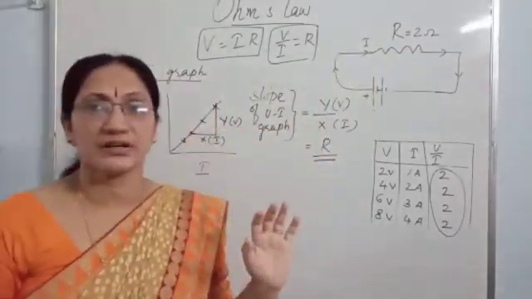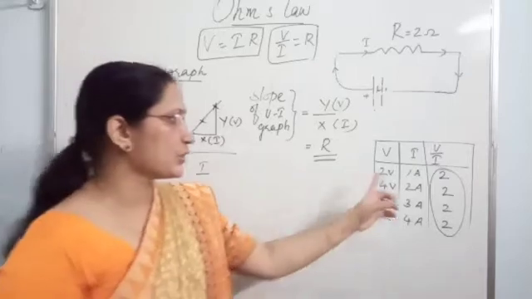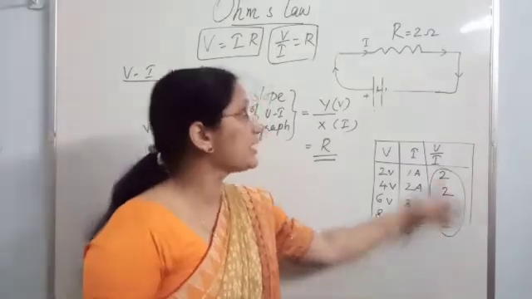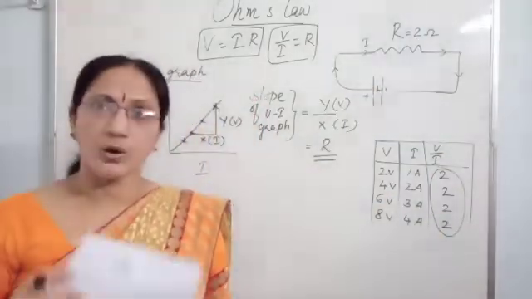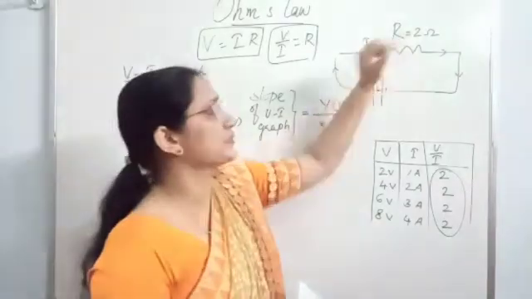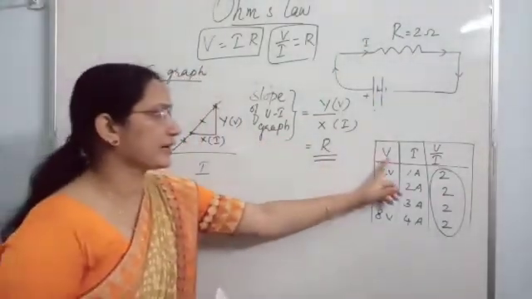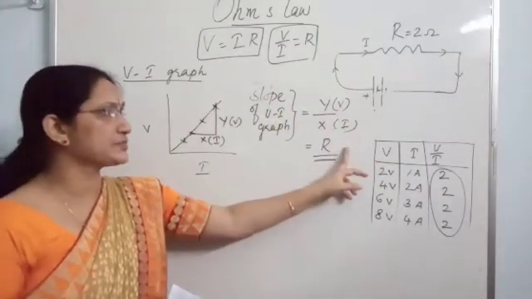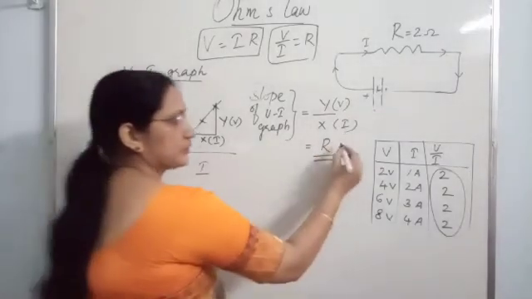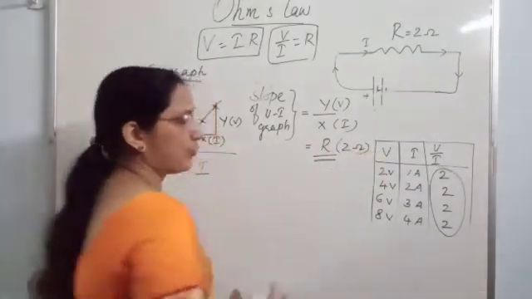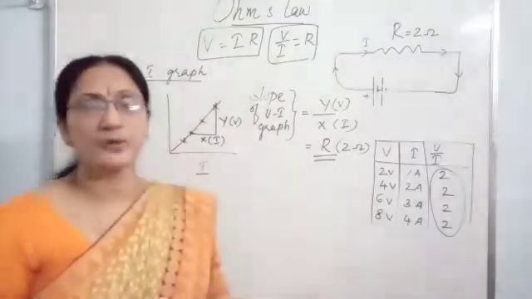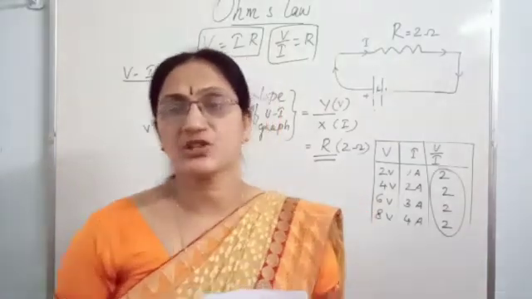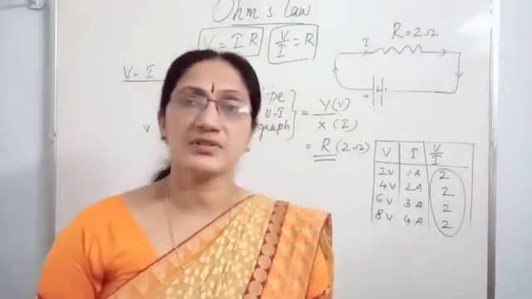So resistance of the conductor you can find out by 2 methods. You divide V value with I in each case, then you will get a constant, that is the resistance of the conductor. Or graphically, first you plot a graph with V and I, then find out the slope of the graph by this method, and your answer will come as 2 ohm, same as if you mathematically calculate. So by 2 methods you can find out the resistance. So remember the statement, slope of VI graph gives resistance.